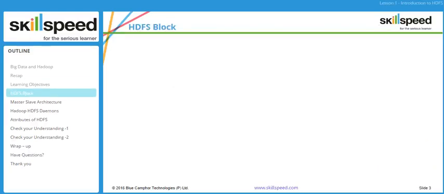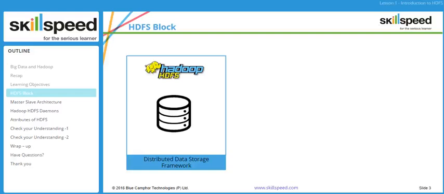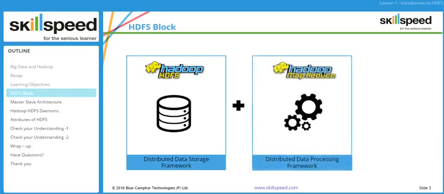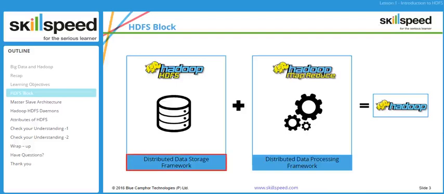If you remember the lesson where we introduced Hadoop, we know that Hadoop has two major components. One is the HDFS and the other one is the MapReduce. Now, HDFS plus MapReduce gives you Hadoop. So like we discussed before, Hadoop offers you two solutions, a solution to store your data and another solution to process your data. Now, the storage part of Hadoop is handled by